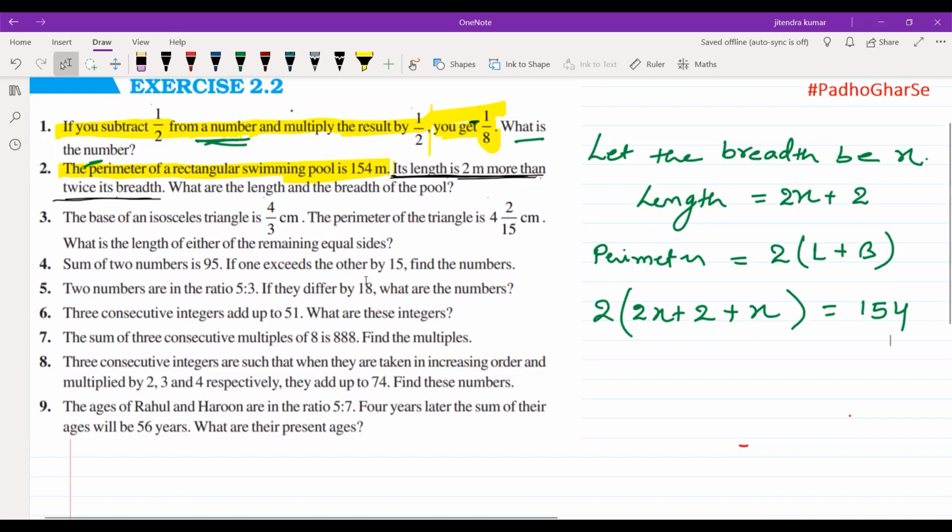Sir, can I? Yeah, Karmania, your voice is very low actually, so I'm not able to hear you. Yes, sir. Sir, can I answer? Yes, sir. Yeah, please solve it yourself on your copy. Sir, solved. X is equal to 25. Okay, then let's wait for others. Let others solve also.